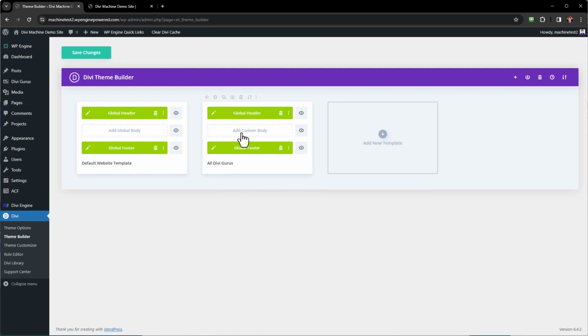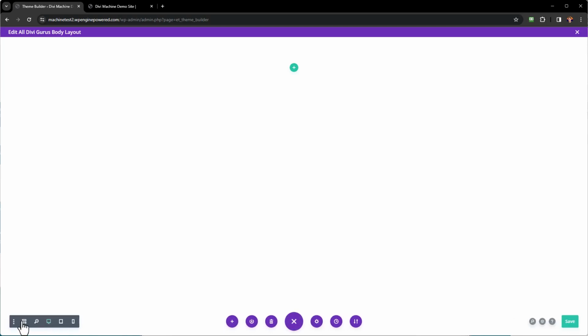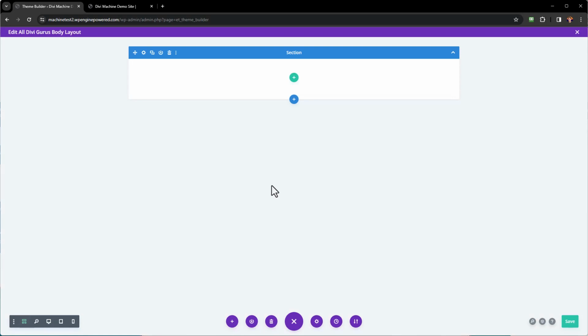We'll click on Add Custom Body, Build Custom Body, and it's going to load the Divi Visual Builder. Now, I'm not a real big fan of working in the Visual Builder. Everybody has the way they like to work. So I'm going to go to wireframe mode to do all of our design. We'll add a row,